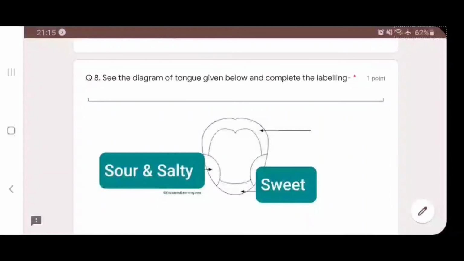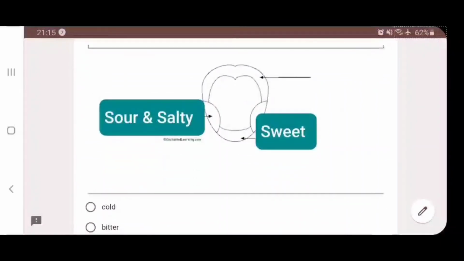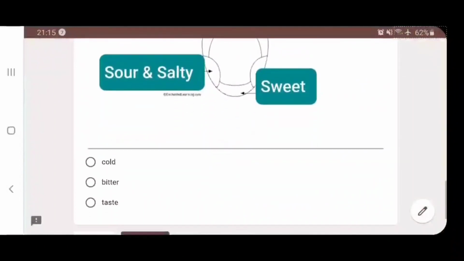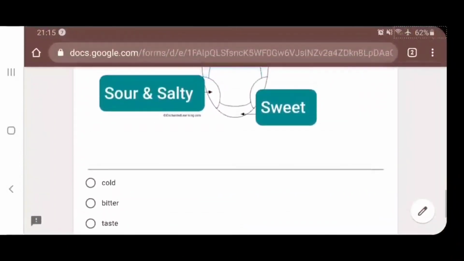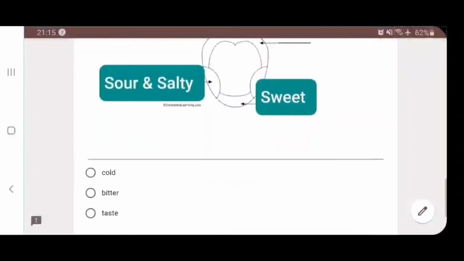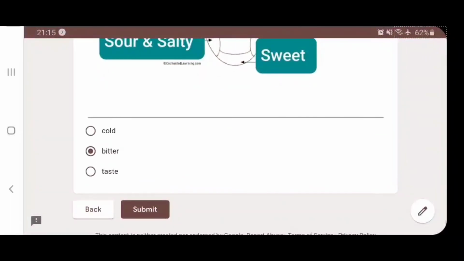See the diagram of tongue given below and complete the labeling. So the right labeling here is, it's the upper part of the tongue. That means it has to be bitter. Okay. So cold and taste are other wrong options. And after that, the child can submit.